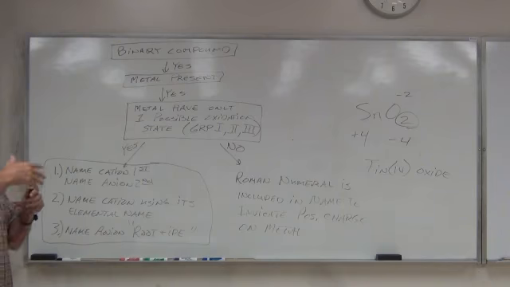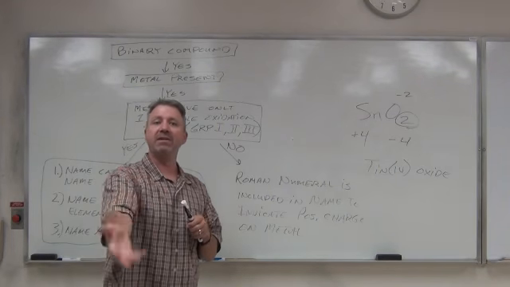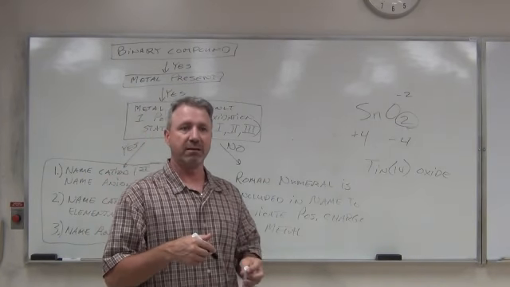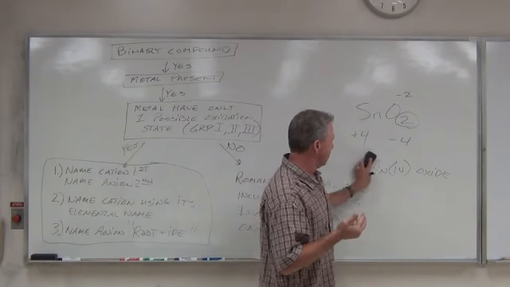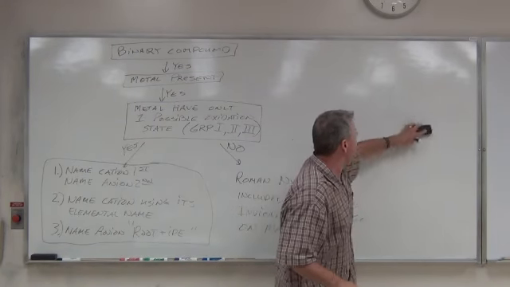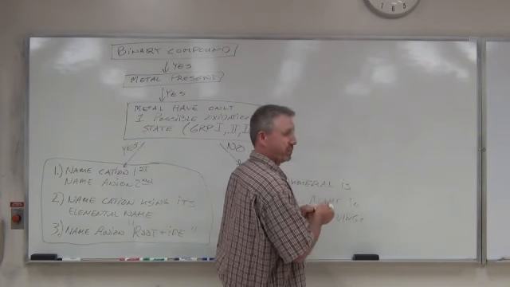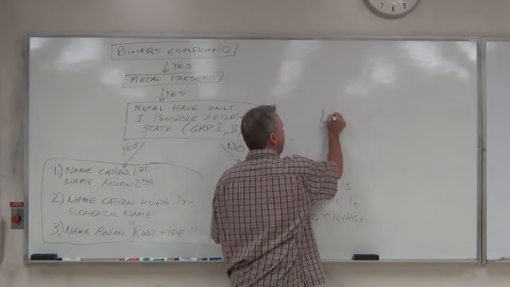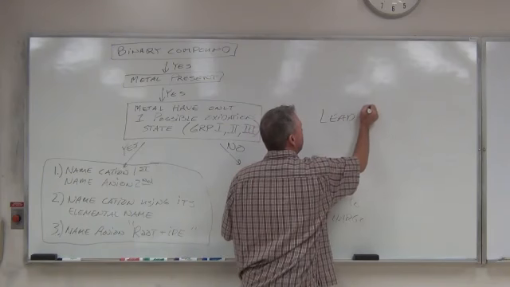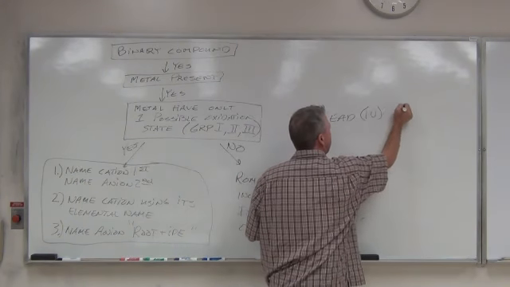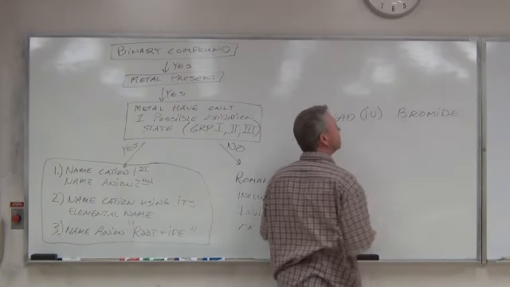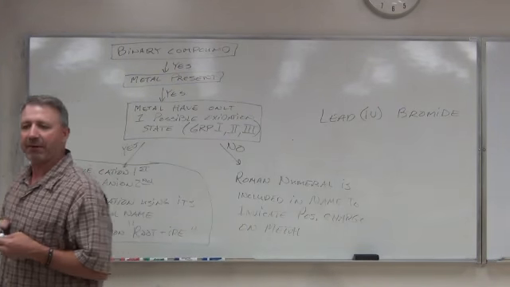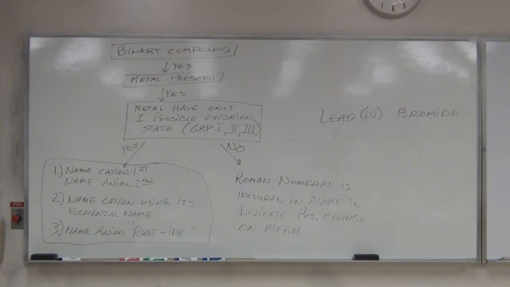You also have to be able to go the other way. That is, given the name, you have to be able to write the formula, right? But for these ones, it's pretty straightforward because they're telling you what the charge already is on the particular transition metal. So if I had lead 4 bromide and I wanted you to write the formula,